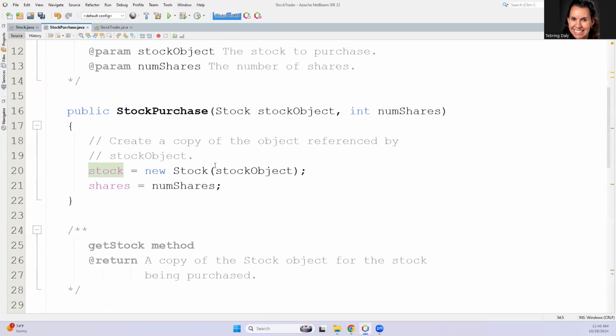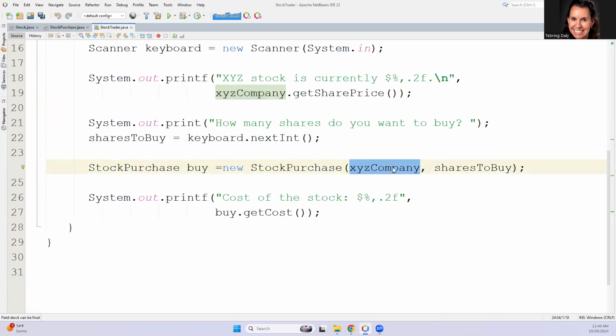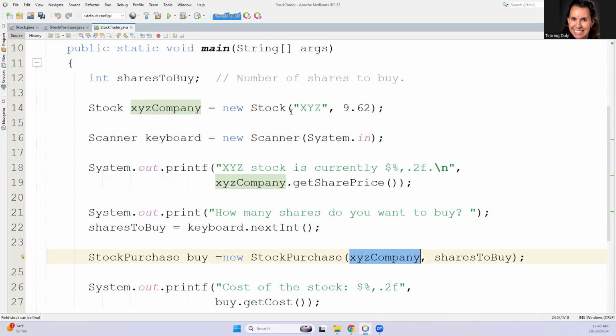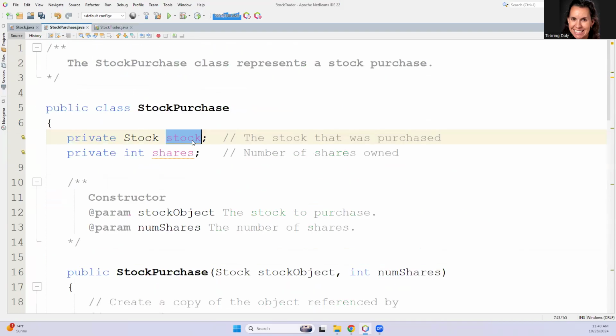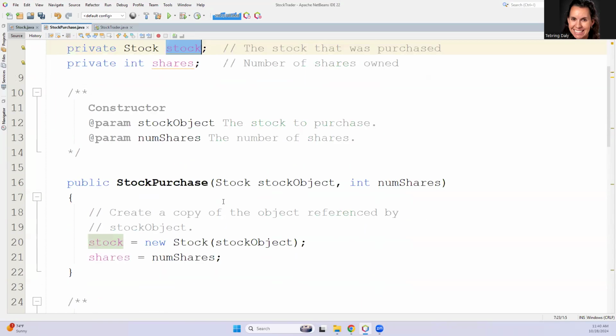So over here, when you're talking about the stock, how do you know what stock? That is what you're putting here. That stock is coming from up here, the XYZ in 9.62. So this object is that information there. Are y'all okay so far? I know aggregation kind of throws everything off. Okay, so then here,